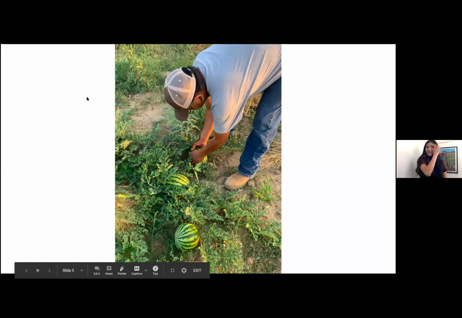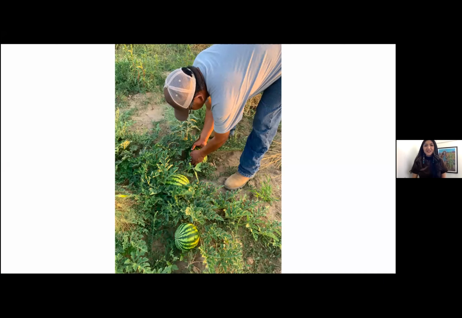Awesome. Okay, so like I said, I've learned a lot from my dad. This is my dad here. He's harvesting some, we planted some Acoma melons this past season, as well as some Hopi red watermelon. And he's teaching me when to harvest them. So thinking about how the taste of the watermelon or the melon, it's gonna be really nice and sweet when it's hollow, and you can knock on the melon and you can hear your knock on there. So that is one of the things that he taught me this past season.